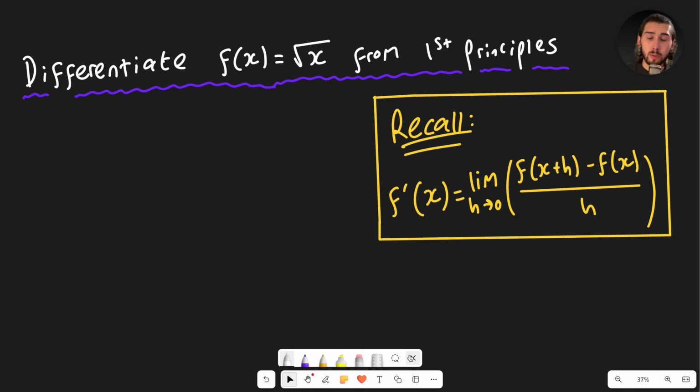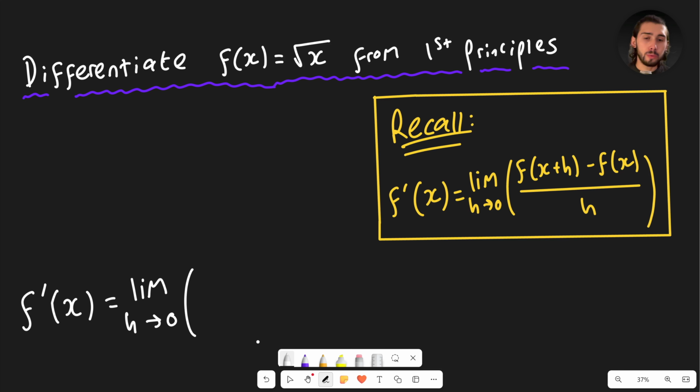So the derivative of a function is defined to be the limit as h approaches 0 of f of x plus h minus f of x, divided by h. As always, the first thing that we're going to do is simply plug into the function. So the derivative of the square root of x will be the limit as h approaches 0 of,